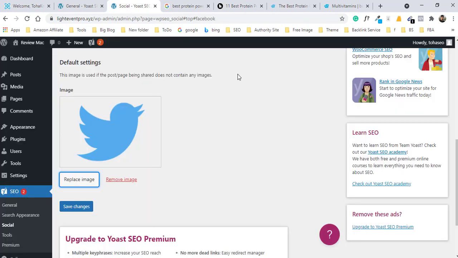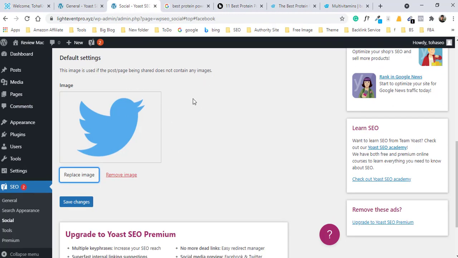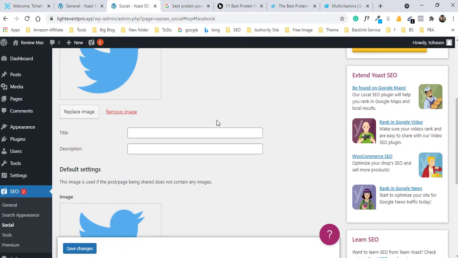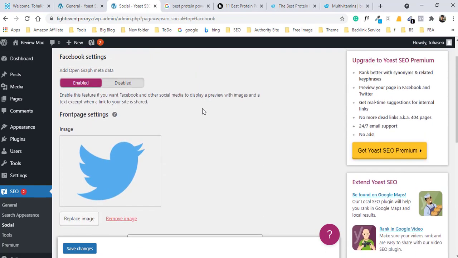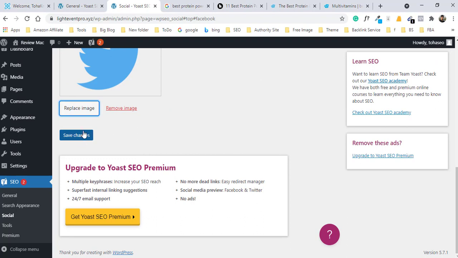So if your page has no featured image, this image will be shown on Facebook or Twitter or other social media. And you select save.